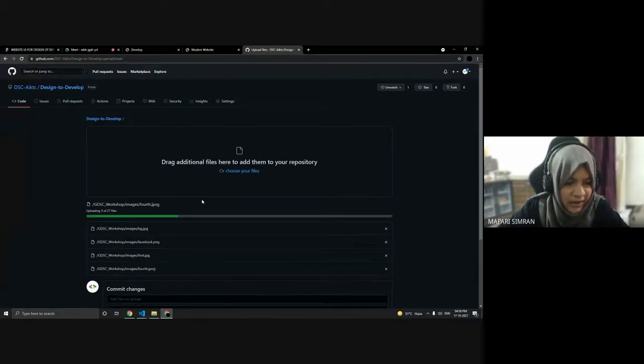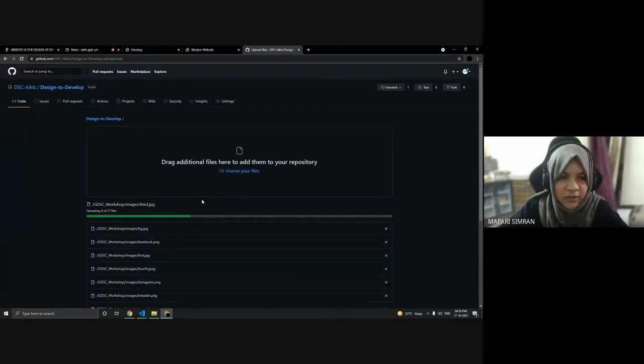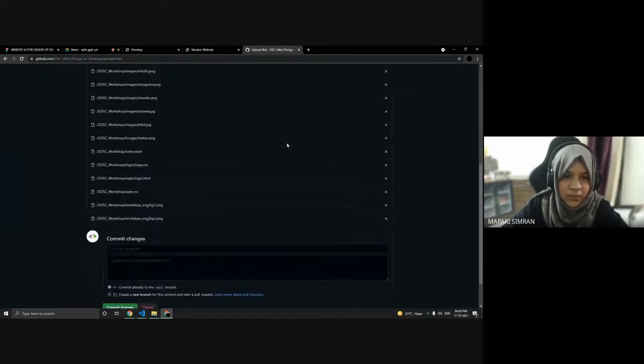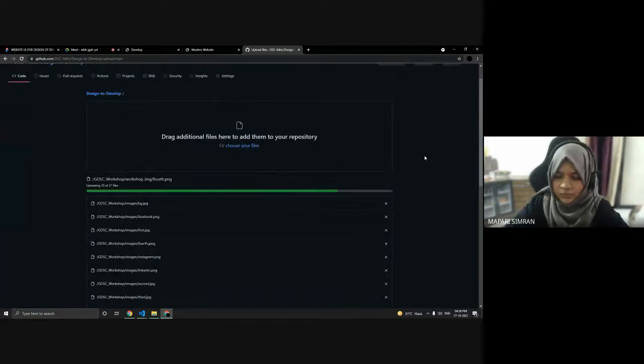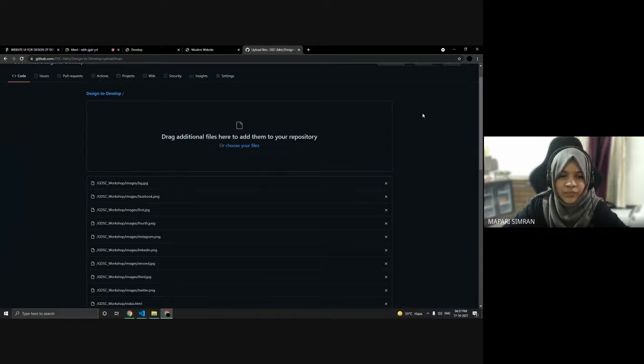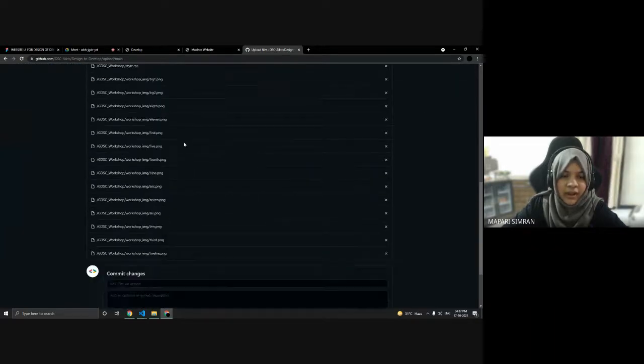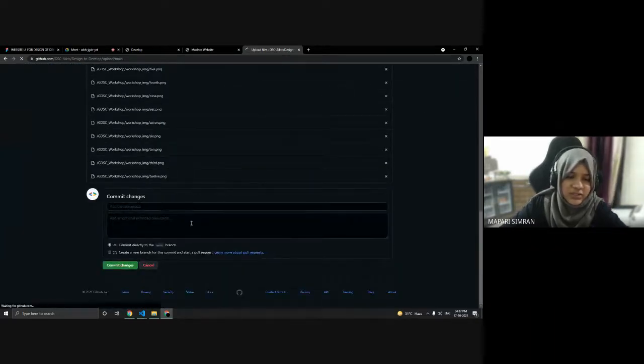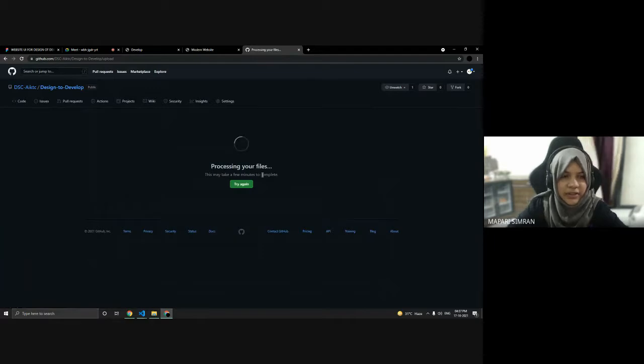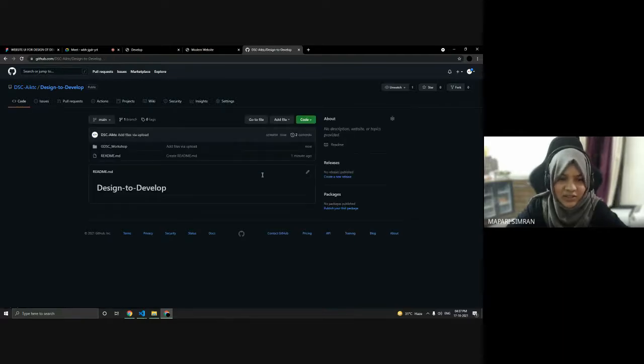So all my files and the folders I have will get added to GitHub. After they are added, just commit the changes so that it gets reflected here on your GitHub. It's processing. Let's wait for some time. Okay.